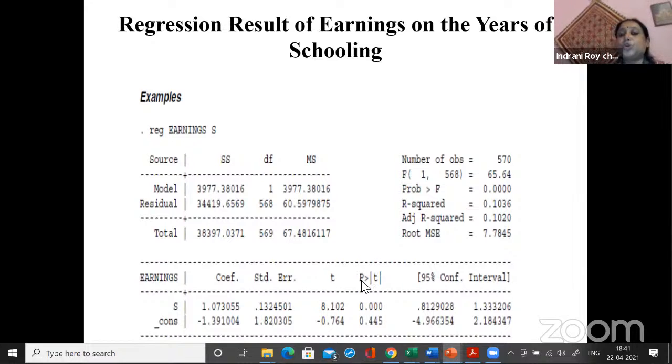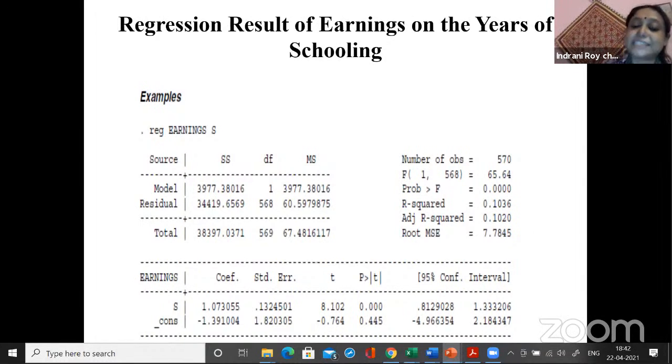So the rule is that the higher the t value, the lower the p value. So these two are analogous. If you have high t values, your p value will be close to 0. Okay, and if you have low t values, your p value will be high. Okay, so p value can't be more than 1. It's a probability value, so it cannot be negative, it lies between 0 and 1. But the higher the p value, you may understand your t value will be low and it is statistically insignificant.